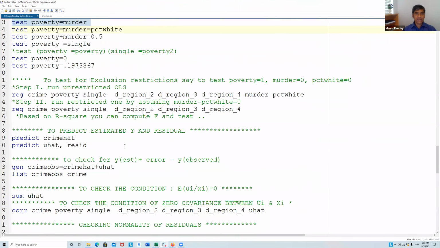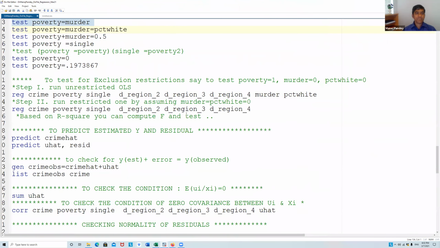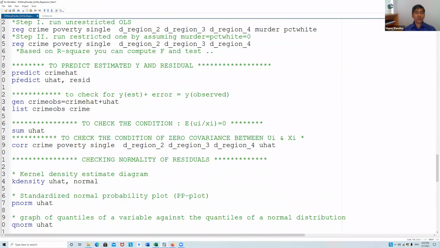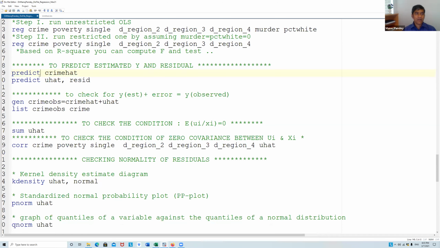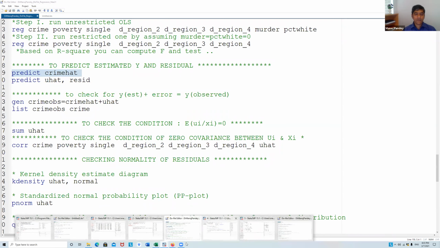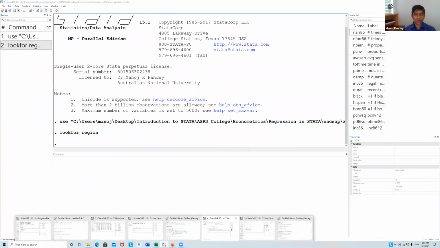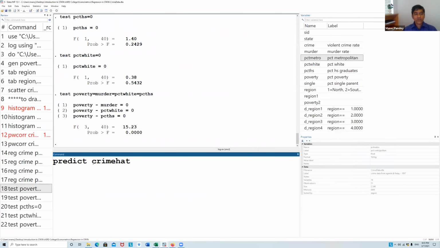Now we are going to predict y hat. Okay, so if I may write it here. This predict command will create y hat. So you know that y hat equals, what is the formula for that?